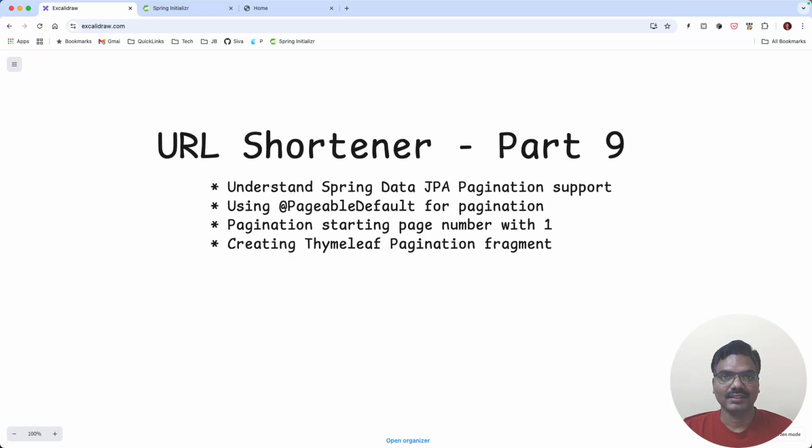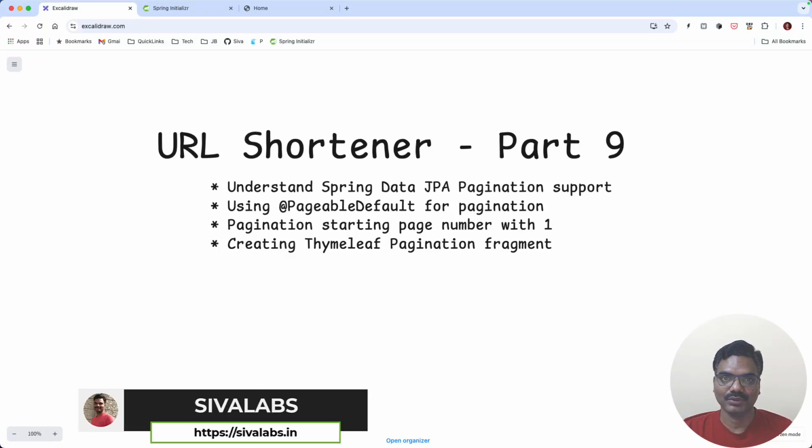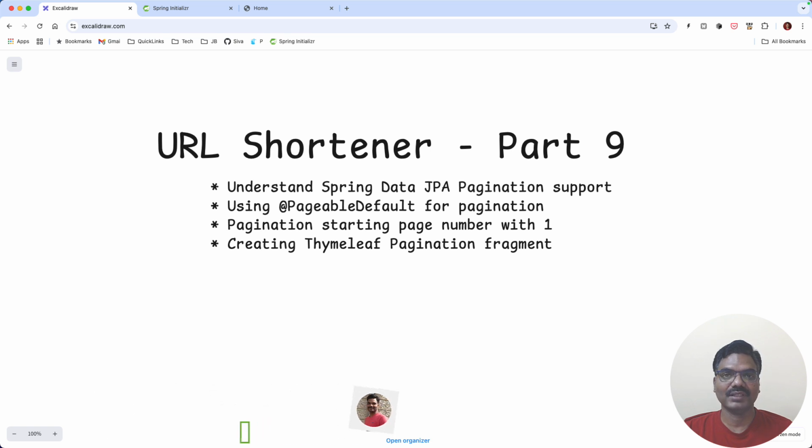Welcome back. In this section, we are going to learn about spring-data-jpa's pagination support. And also, we are going to learn about Spring Data extension support for pagination. Usually, from the user point of view, page numbers start with 1, 2, 3, and so on. But spring-data-jpa's page numbers start with 0. So we are going to learn about how we can handle this and then make it look like a page